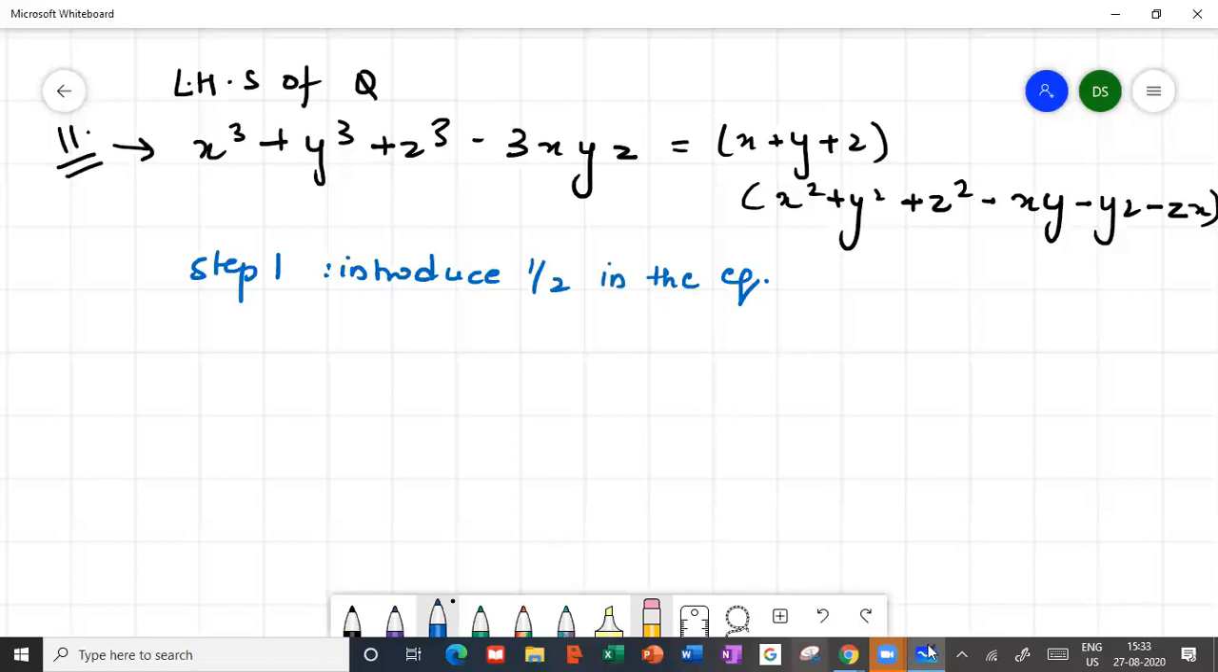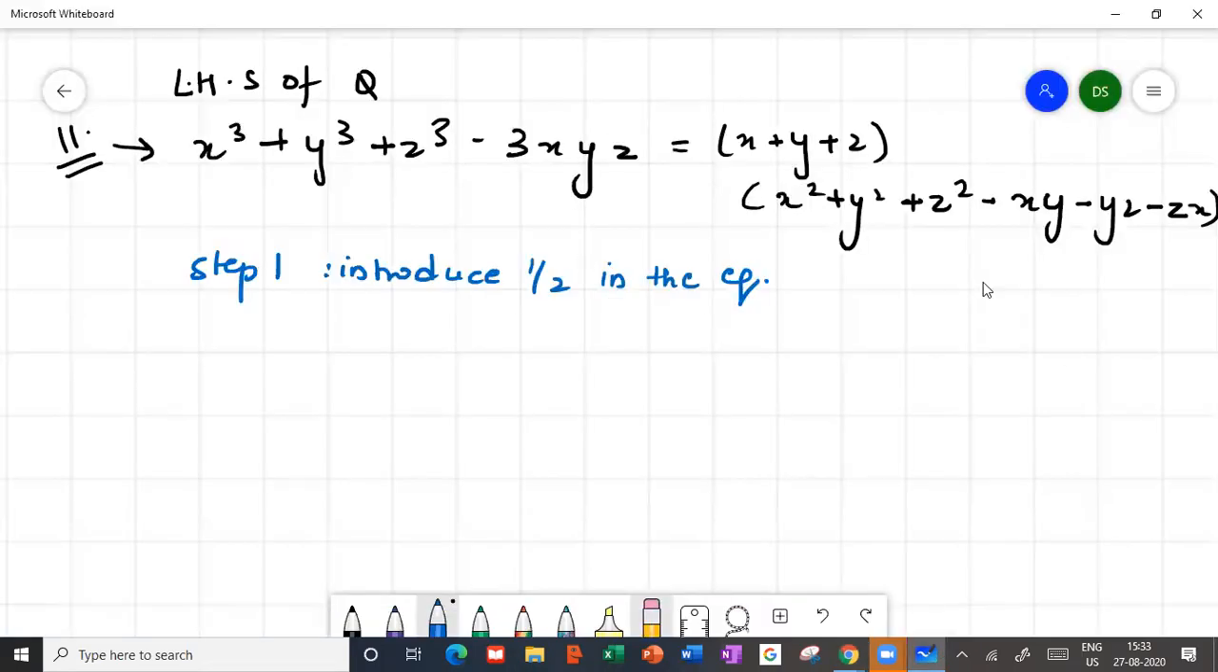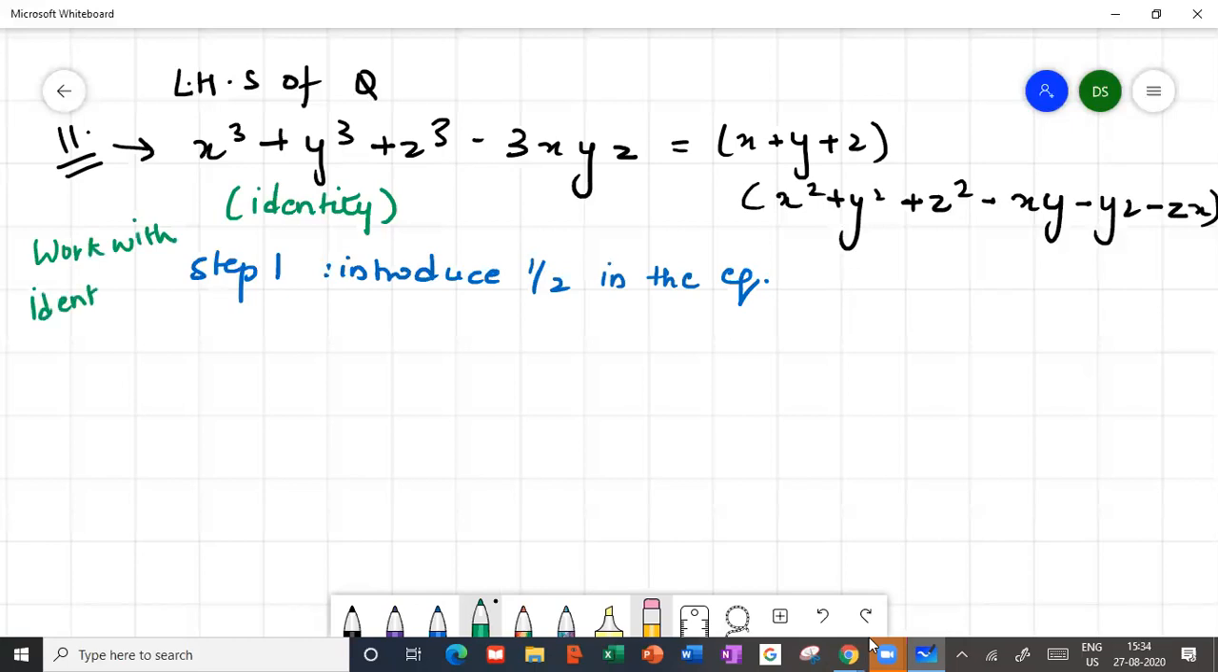So basically, the LHS of the question, correct? We know the expansion of this identity, isn't it? So we'll work with that expansion and make it equal to the question. So this is the identity. Okay, I'll write it here. Identity. Correct. So we'll work with this identity and we'll arrive at the RHS of the